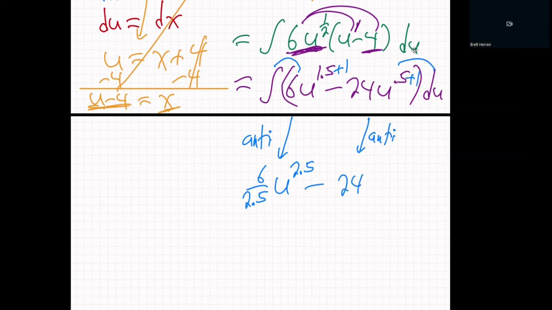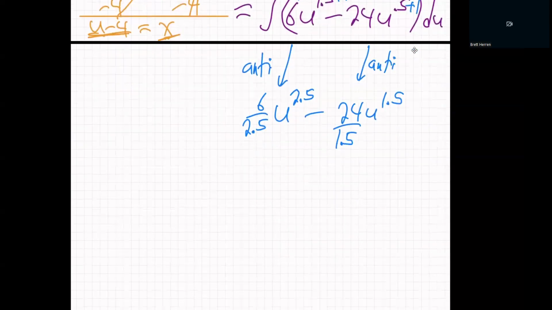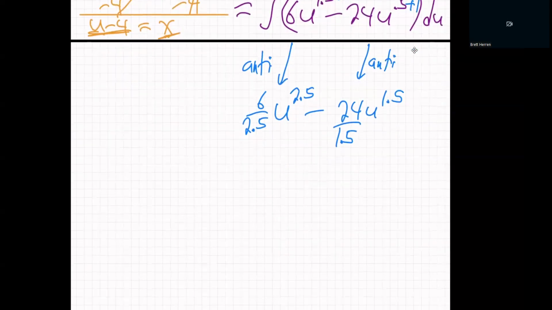Therefore, add 1 to the power: u to the 1.5 over 1.5. There we go. I'm just going to leave those. You can try to simplify those numbers. It doesn't matter. Let's leave it 6 over 2.5. And now just write these as 2.5 here, minus 4,